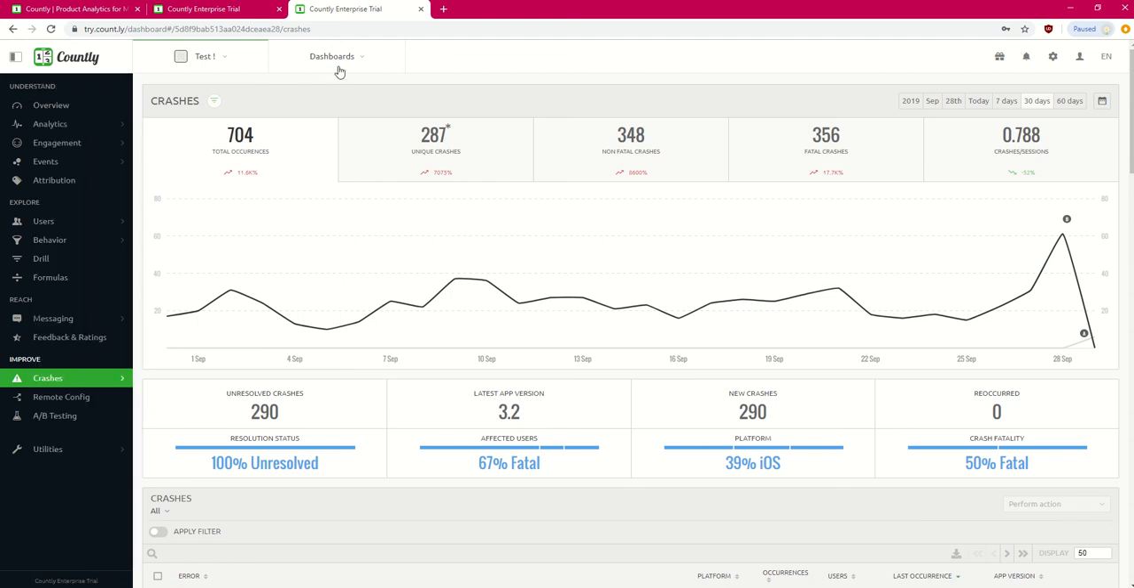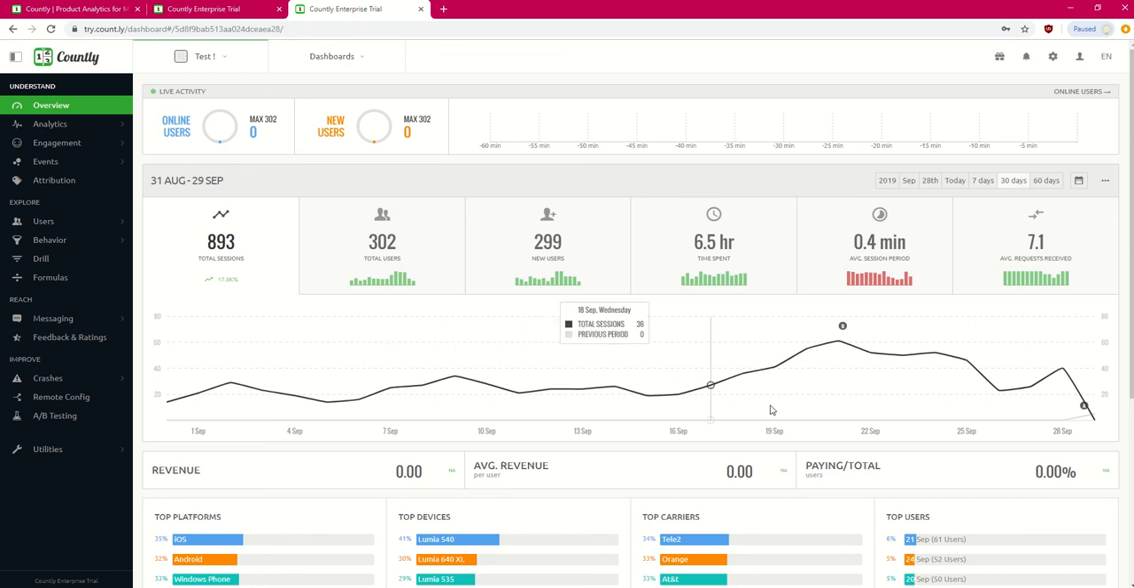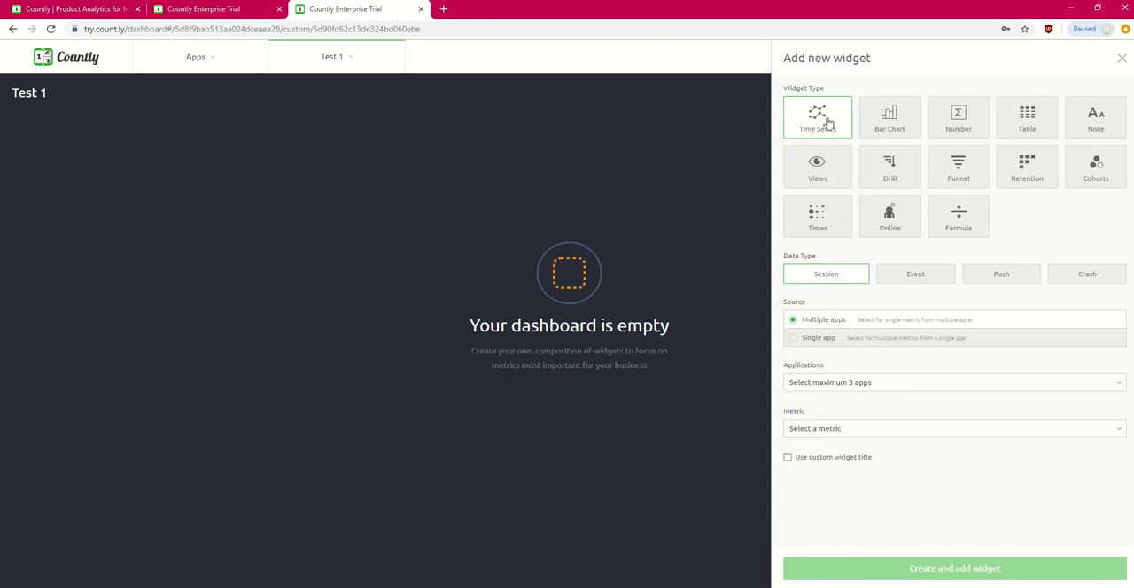Last thing I want to talk about is a dashboard. We saw in the overview that the dashboard shows you, this is the Countly normal dashboard, but you can actually build your own dashboard. And I think I started, probably don't have much in it, but you can build your own dashboard. So I'm using test one. It's empty right now. All you need to do is add a widget. You can say, hey, I want a time series on events